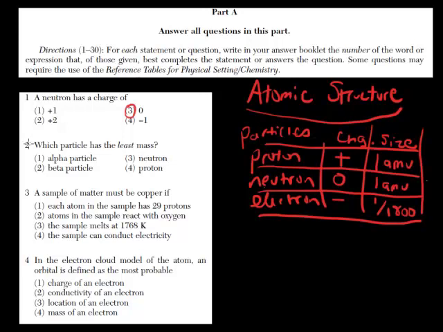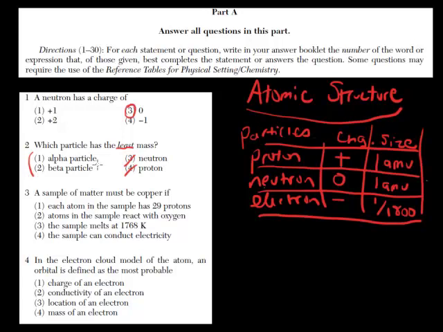Okay, that brings us to question number 2. Which particle has the least mass? Well, of course, from this chart over here, we're looking for the electron, but we don't see it. But it is hiding there. We have the proton and neutron. Notice that they're the same size or the same mass, so we're going to exclude those 2 answers because they're the same. Now we do have to have a little bit of understanding of what these 2 particles are, and